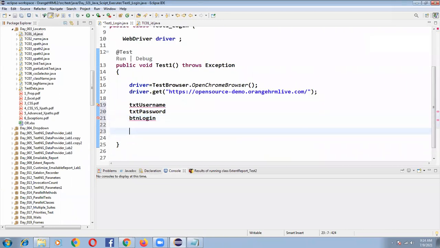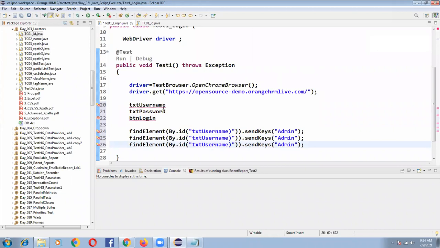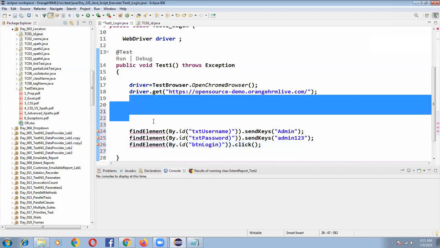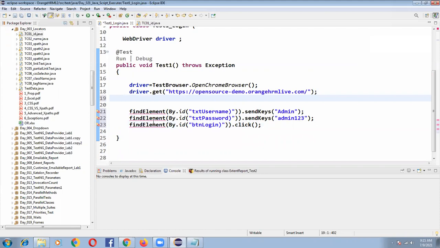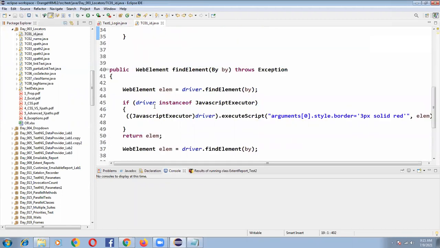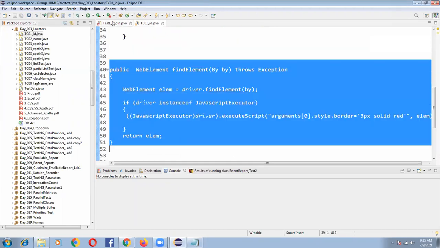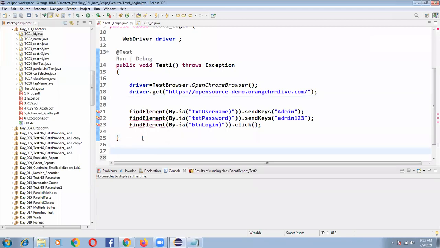So instead of the ID, this is my ID. The first one is the ID and the password is txtPassword, Admin123, and button login.click. I also need to copy the web element border highlight method, so this is the method I'm copying and pasting here.